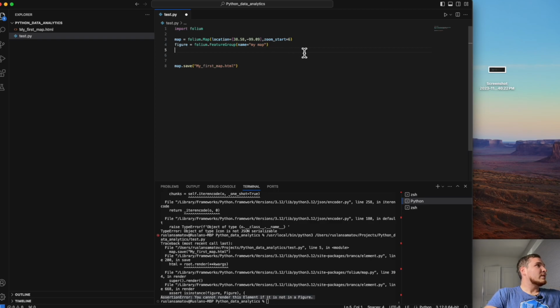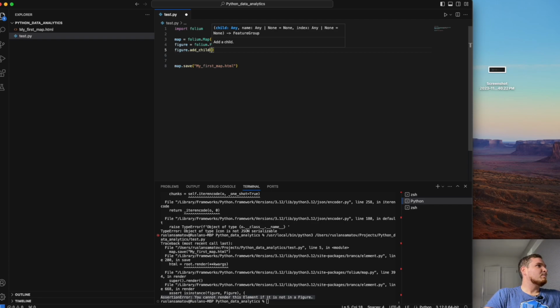So let me create figure equals, and now I can add the child. It should work now. Figure, add child. Yeah, it works. So now I will store all the markers under this variable and add it to the map.